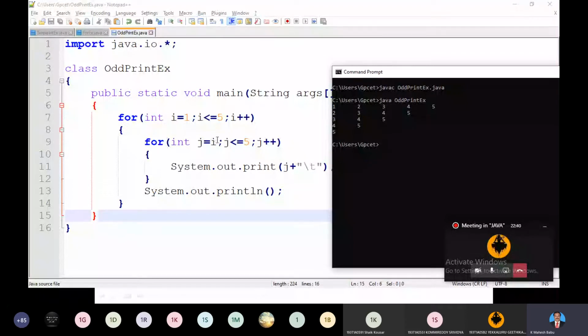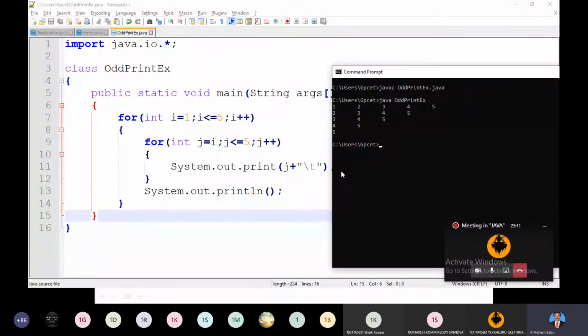Why? Because I replaced the assignment of J with I only. Now J becomes 2. Print 2, and 3, print 3, 4, print 4, 5, print 5 on the screen. Move to the I value again. I becomes 3. 3 less than 5 holds good and come to the second J loop. In the third iteration of the J loop, J becomes 3. 3 onwards it prints. It looks like this.